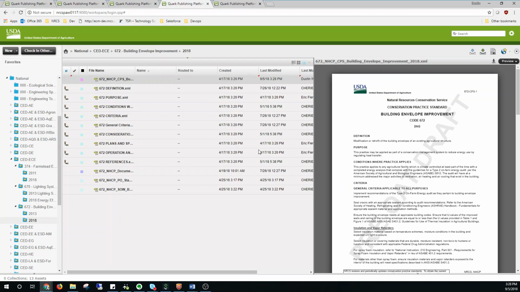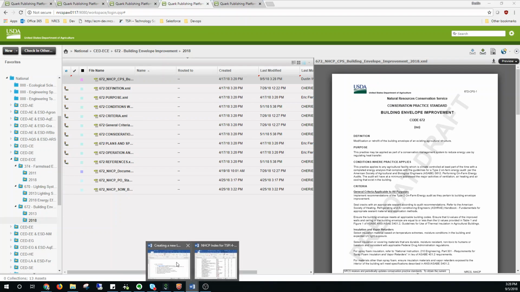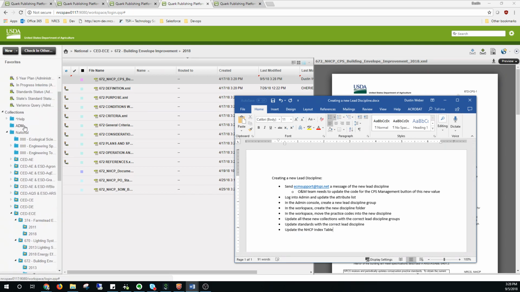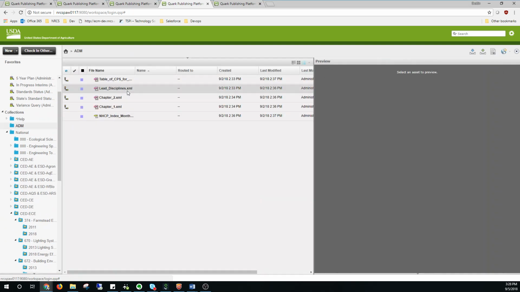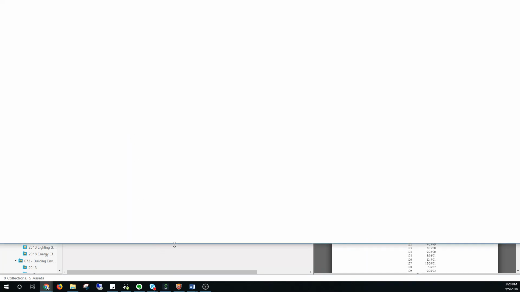And so we created the ECE folder collection. We moved all of the correct practice codes into the folder, and we updated all the standards for the correct lead discipline. And so the final thing we have here is updating the NHCP index. And so if I go to the ADM folder, I had the lead disciplines table here, and it says I already added the ECE here, back when I knew about it, but I could check out the index,